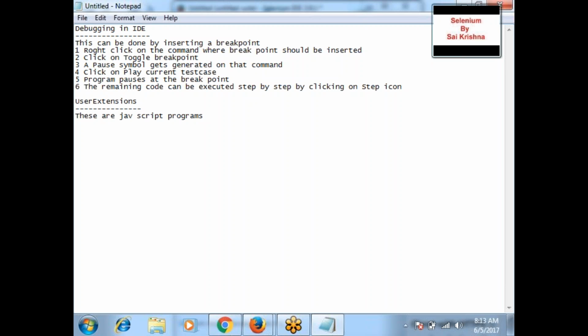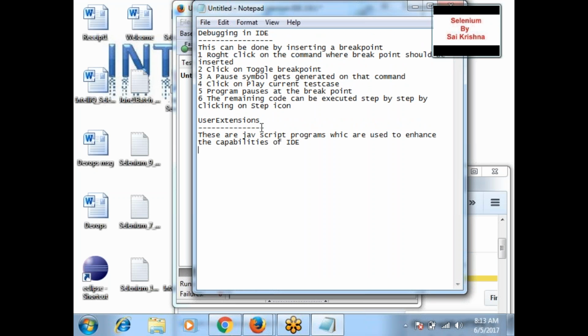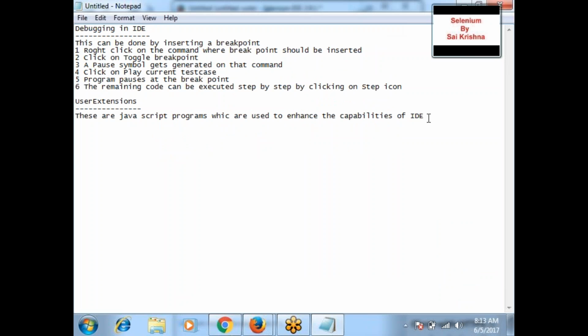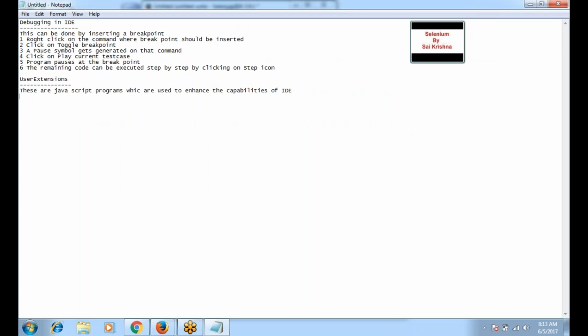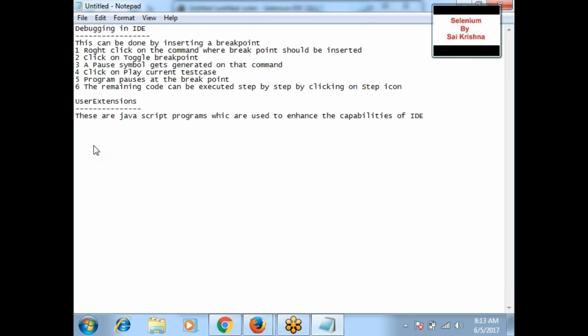These are JavaScript programs which are used to enhance the capabilities of IDE. You can look at the screen parallelly if you feel I'm going fast. Okay. Next, by default,